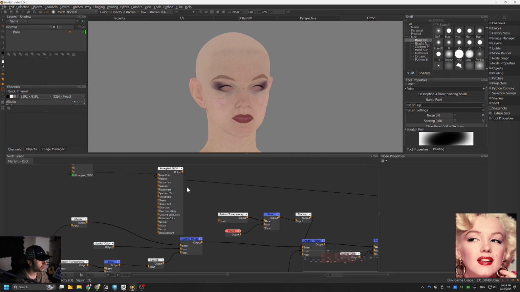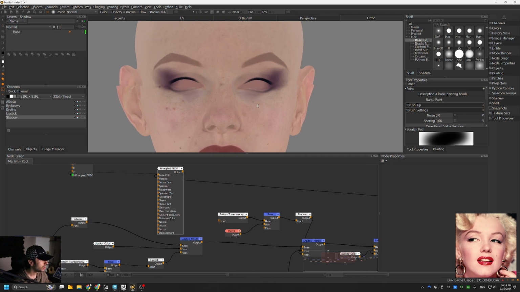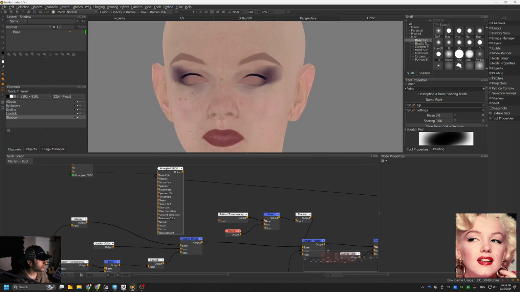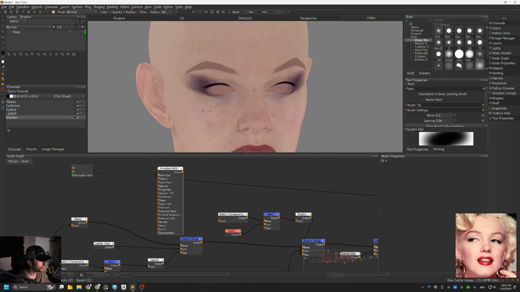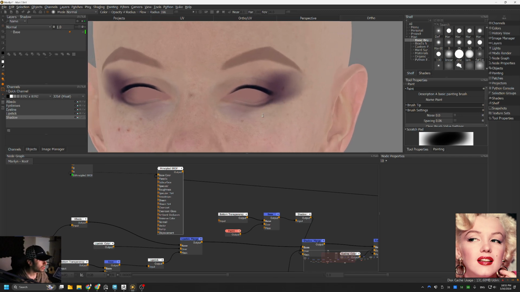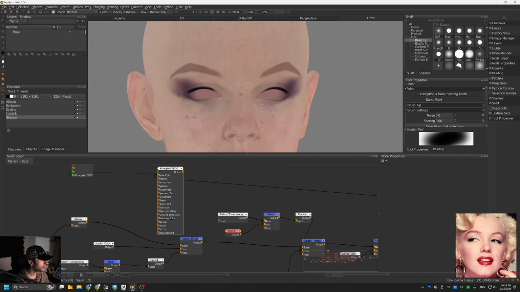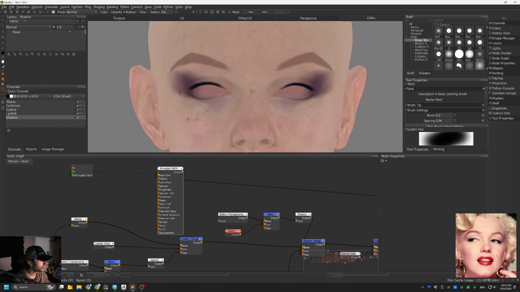You can connect your different channels to see, if you're working with a multi-layer albedo texture, for example, how all those layers come together. It's not as good as the render, but it makes it easier. You can just see,